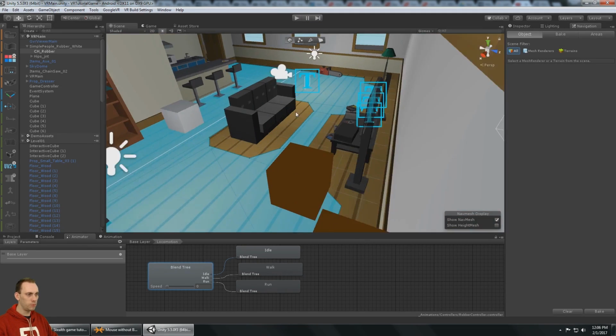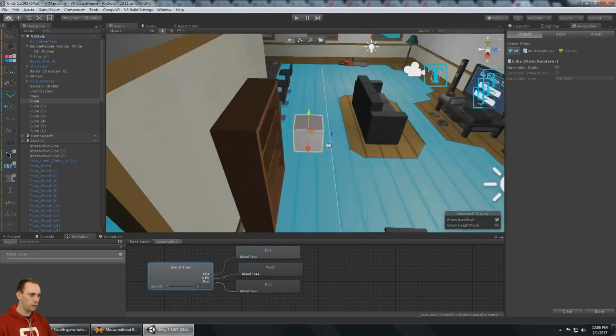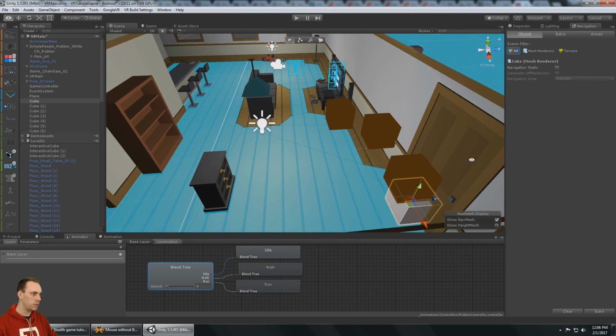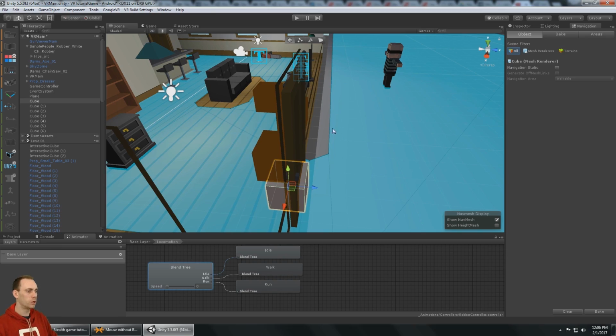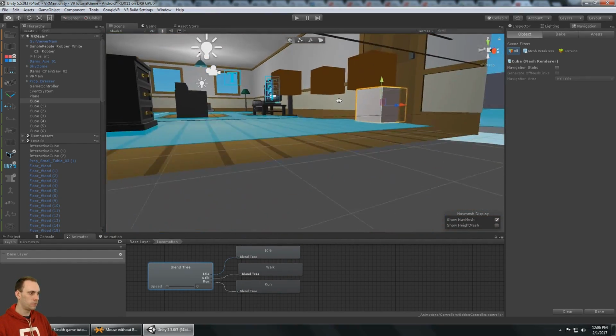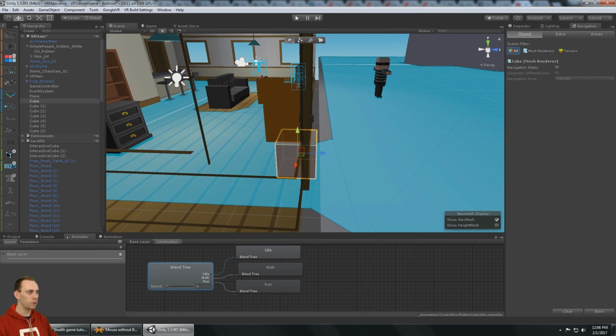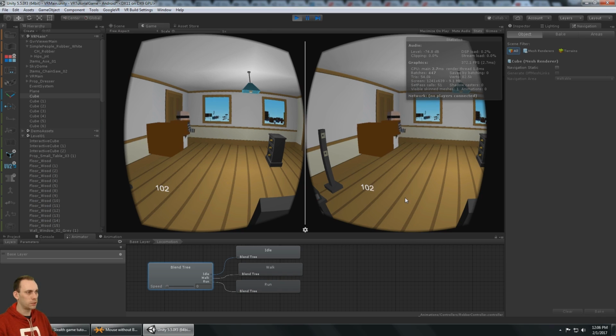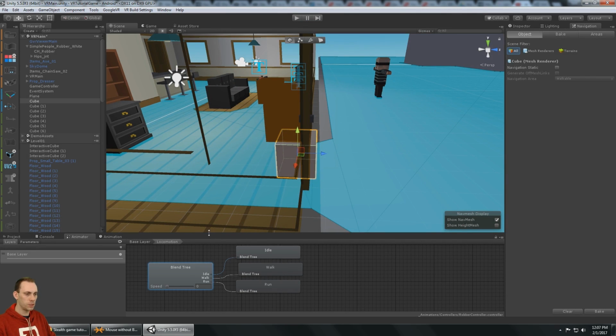So let me do this. I'm going to move the cube just to the doorway, and we'll make the robber open up the door, but for now I just want him to run to the door, and then from there I want to make him check to see if he can see the player. And for some reason there's got to be a problem here, because he gets to his location and he never